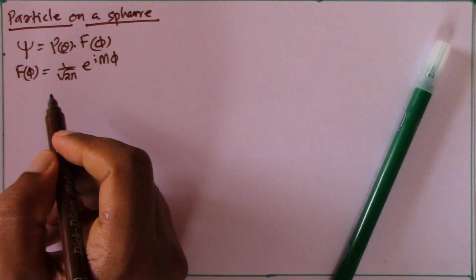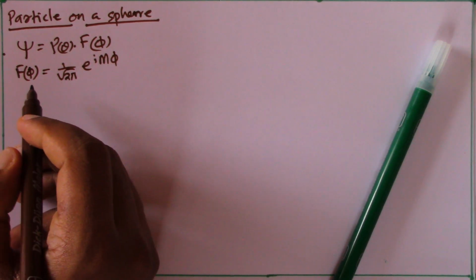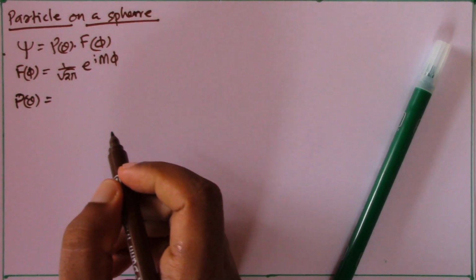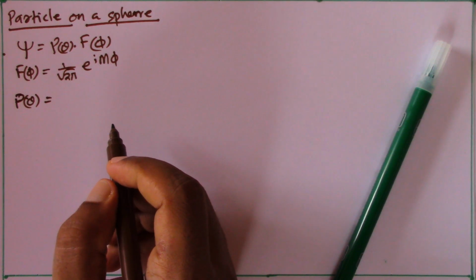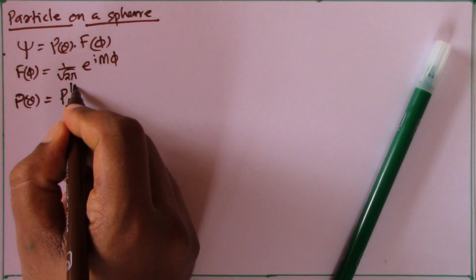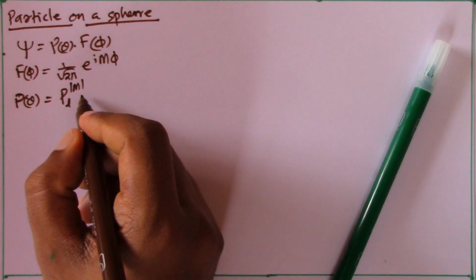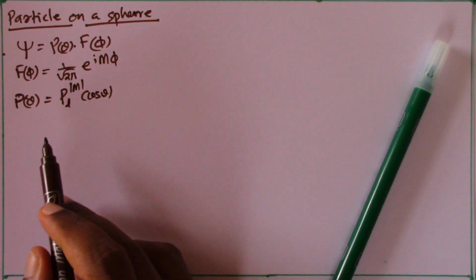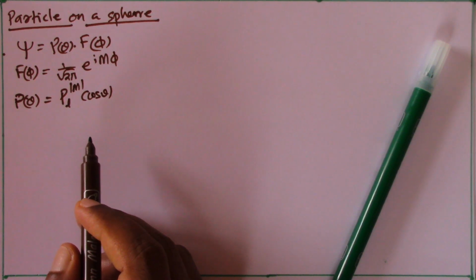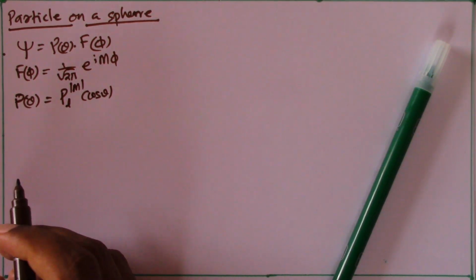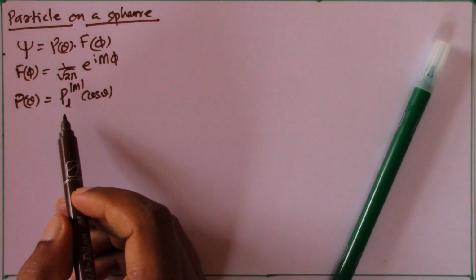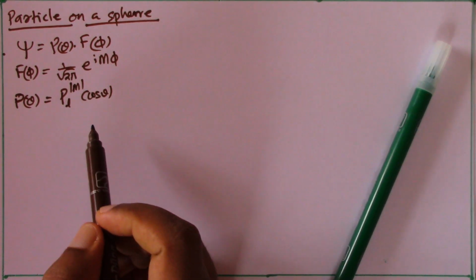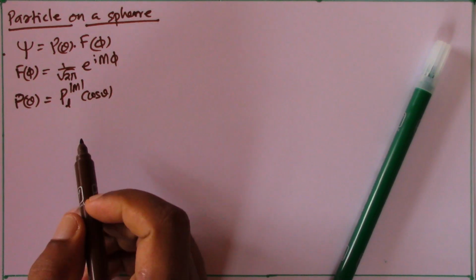You know that 1 by root 2 pi is a normalization factor, and the other function is P of theta, and the solution of this was the associated Legendre polynomial. You remember this, P_l^m(x) or P_l^m(cos theta). We already learned the expansion of this P_l^m(cos theta), and we already derived the different functions for different values of l and m. Here m is the absolute value of m in this equation. So this is P of theta,